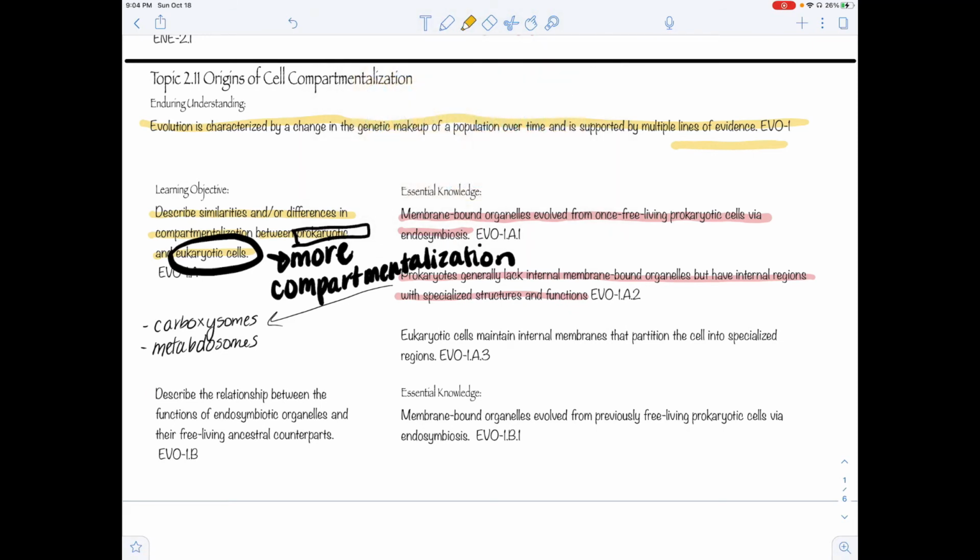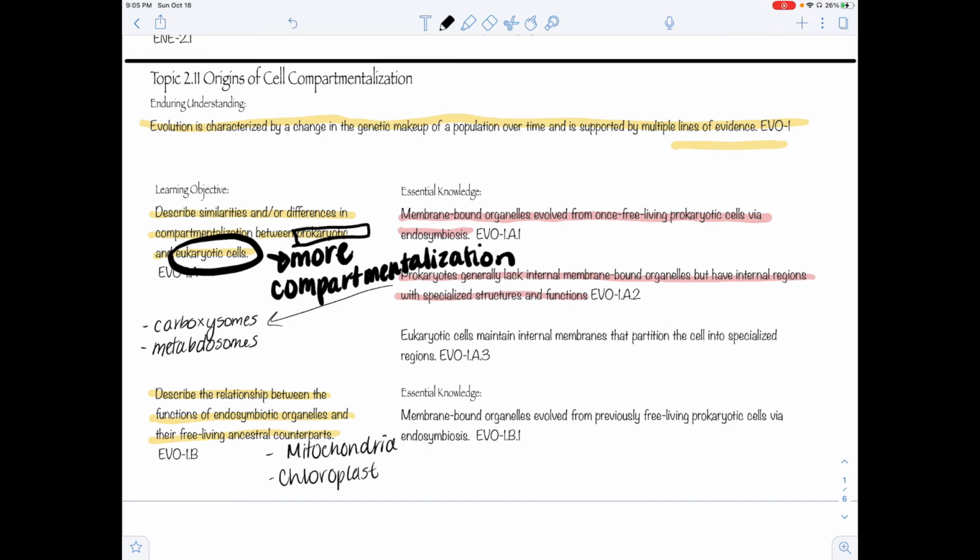All right. The next learning objective that we have within 2.11 is describing the relationship between the functions of endosymbiotic organelles and their free-living ancestral counterparts. So when we looked at our notes, we talked about both the mitochondria as well as the chloroplast. So I want you guys to refer back to those notes and look at how we looked at the evidence within each of these subcellular components